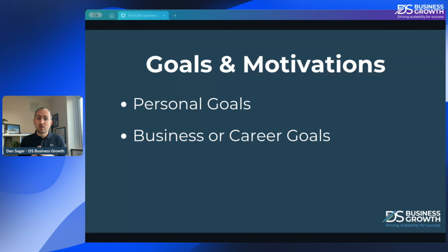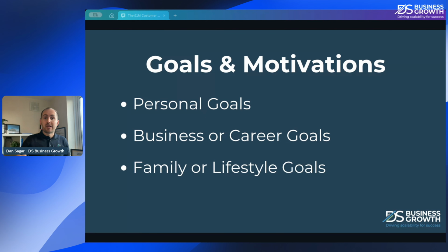Have a think about the goals of all these different people, and then link all of that back to those family and lifestyle goals, which I've already touched on in the previous 2. But that's where you can get really specific on those family and lifestyle goals. More holidays is a really common goal for a lot of business owners that I speak to, and more time off, more time away from the business. So I think about how I can help business owners to do that and get closer to that goal. So that is section 3, goals and motivations.